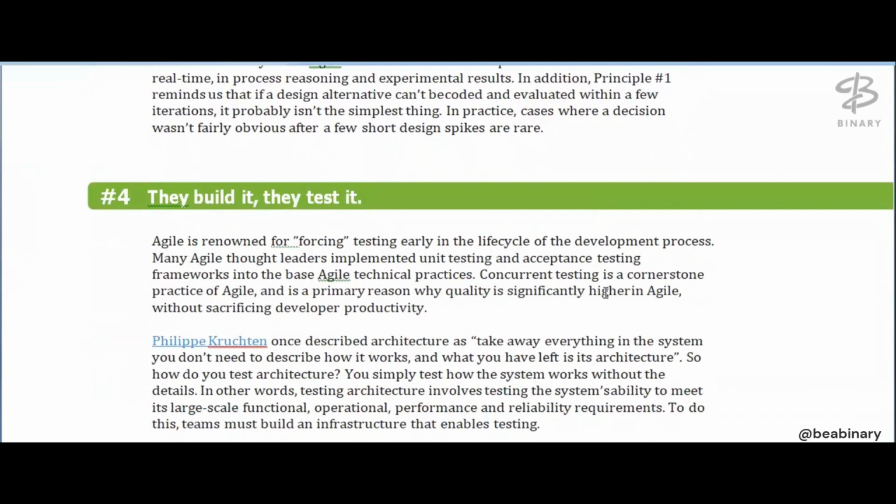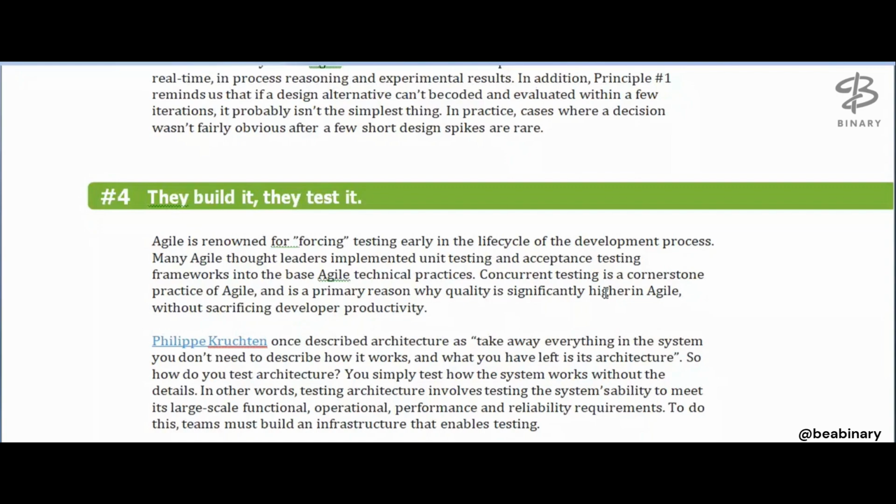Fourth one is they build it, they test it. Agile is renowned for forcing testing early in the life cycle of the development process. Many agile thought leaders implemented unit testing and acceptance testing frameworks into the base agile technical practices. Concurrent testing is a cornerstone practice of agile and is the primary reason why quality is significantly higher in agile without